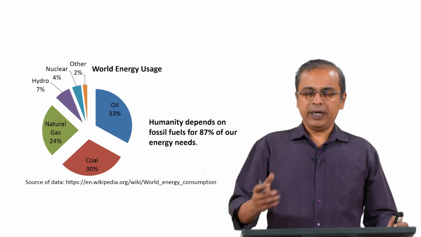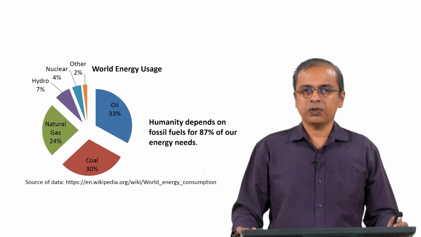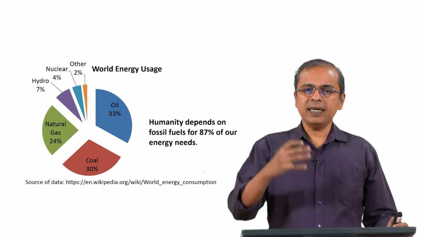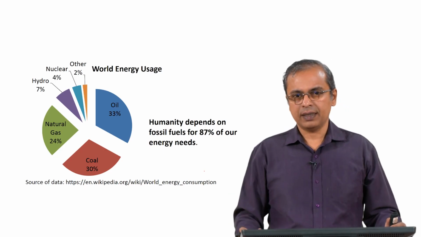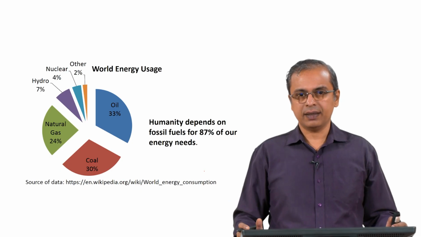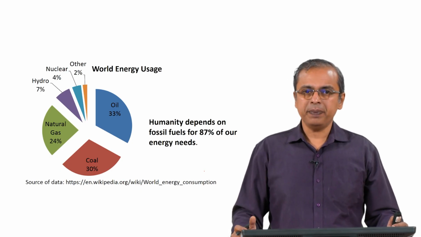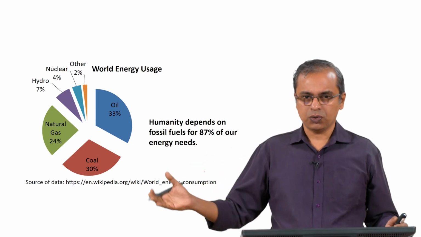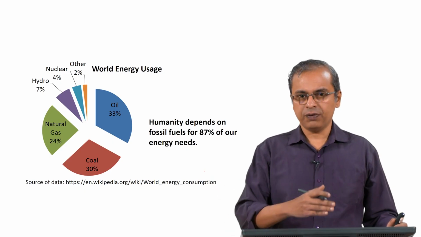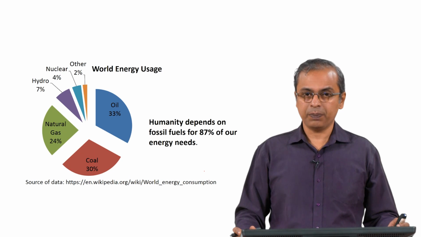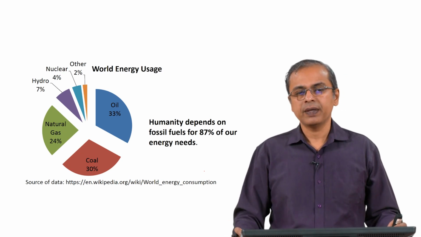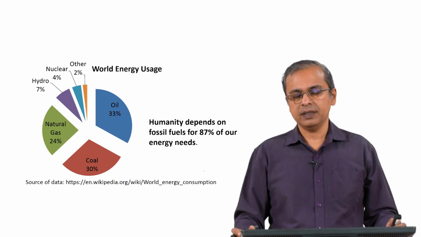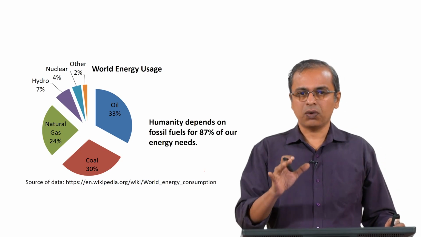Okay, so we will look here in this slide at the sources of energy that are presently being used around the world, and I will highlight one aspect of it before I get into it, and I will point to this a little bit more as we look at more data in the subsequent slides as well. And that is simply that the data will vary a little bit from source to source. If you search for various scientific literature reports on how energy is used around the world, you will find some variations in the percentage. In fact, even in the few slides that I am going to show you, there is going to be a variation. This does not necessarily mean that there is something wrong with the data.